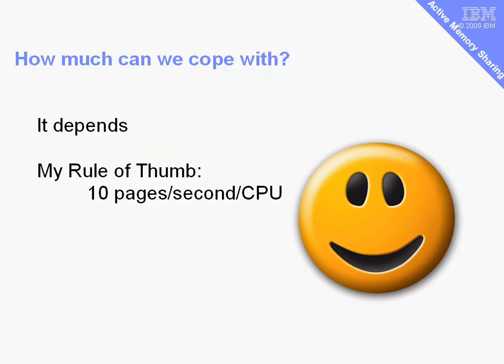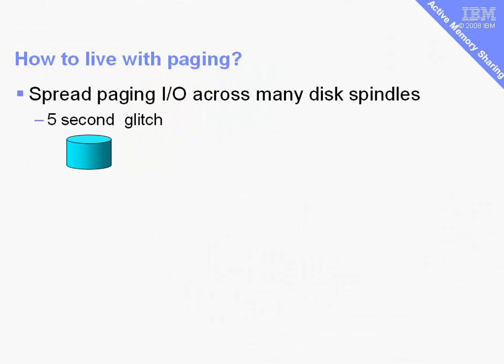And of course, what do I mean by clever? Well, how do we live with paging? Well, can you imagine now that we need to do perhaps a few thousand I/Os because of paging. Now if we had just the one disk, perhaps that would take us 5 seconds to work through this couple of thousand I/Os. If we were the unlucky programmer and our paging out or paging in was the last one on this list, then our program would literally stop for 5 seconds until that happened. And the users connected to our program would notice a 5-second glitch in waiting for the response to come back